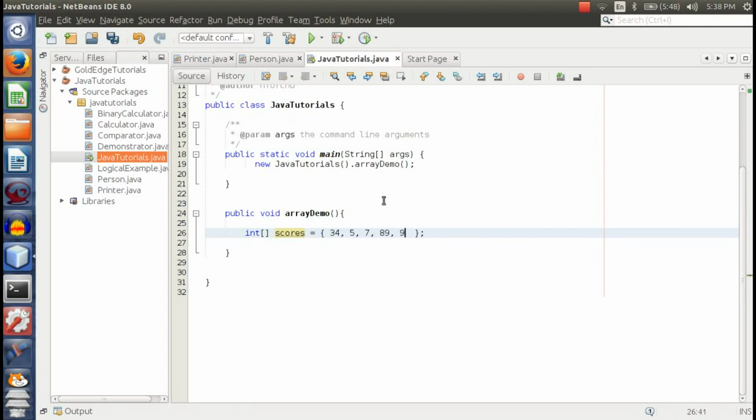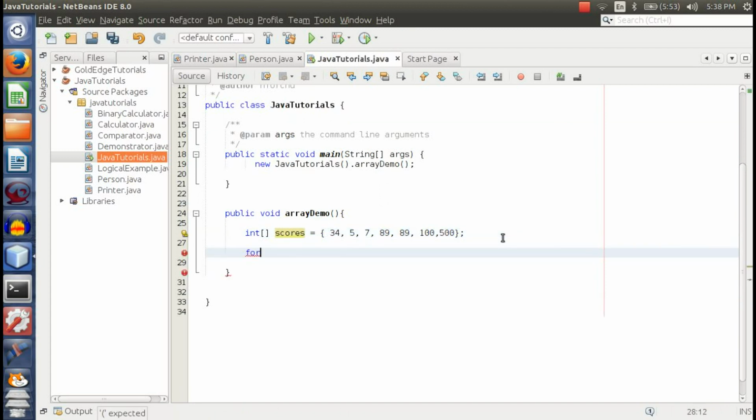Look at, I cannot put a float there or a double because that array can only hold integers. So once I put 9.0, that's a double, or 9, that's a float, so it would not work. I must only put integers in my array, like that. That's another way you could declare an array,